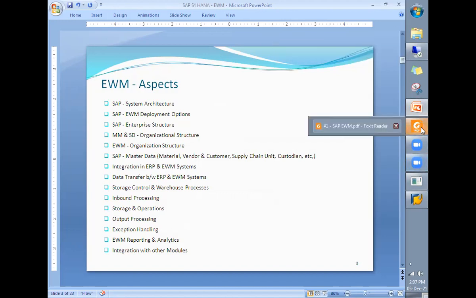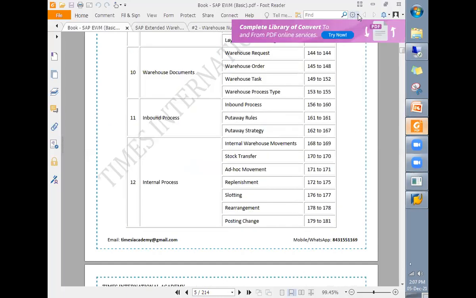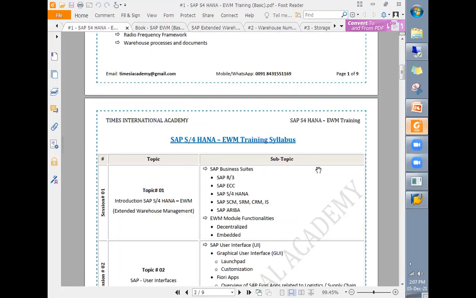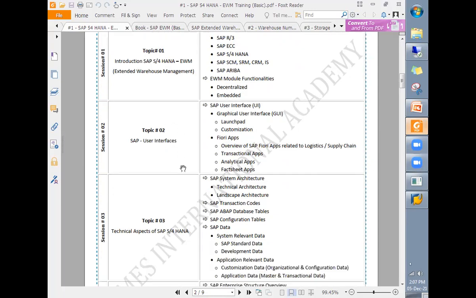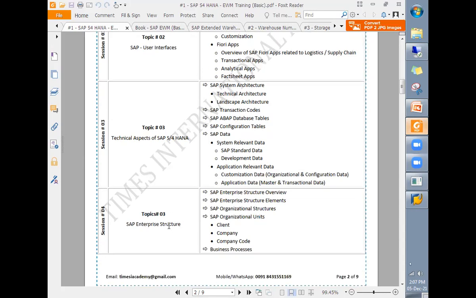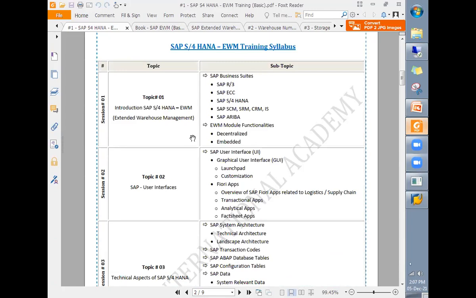If you look at the syllabus, I have clearly mentioned the topics which we are going to cover in the basics, like introduction to SAP S4HANA EWM, and especially for people who are new to SAP, the first 3 topics are very useful. Even the first 4 topics are very useful, right?